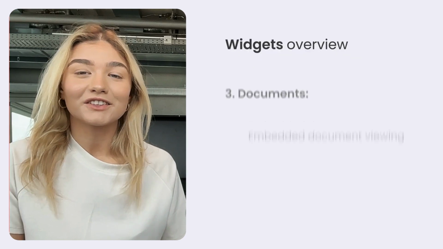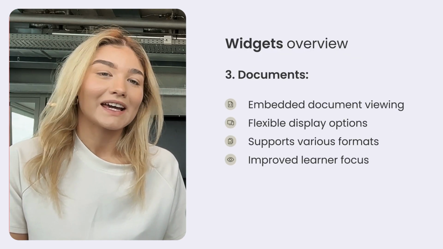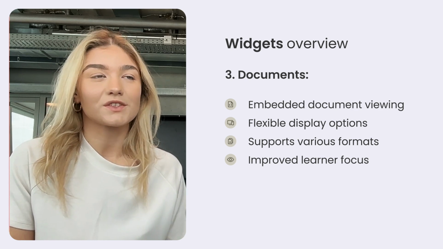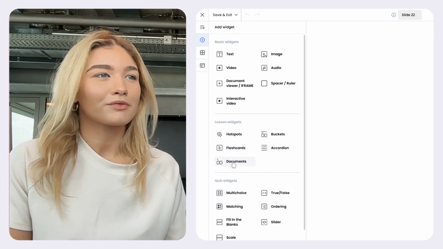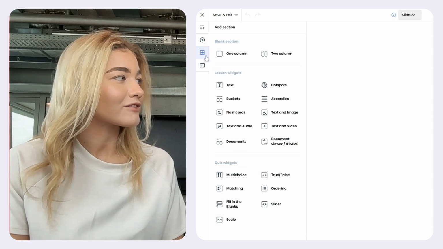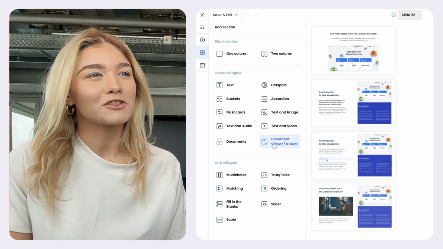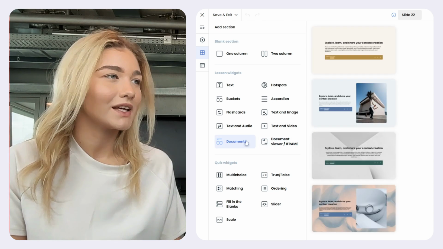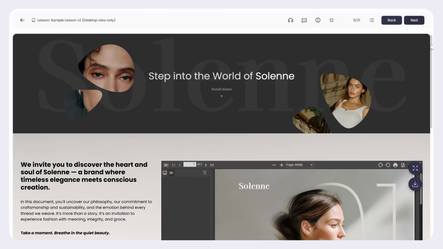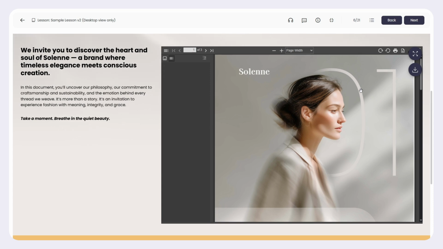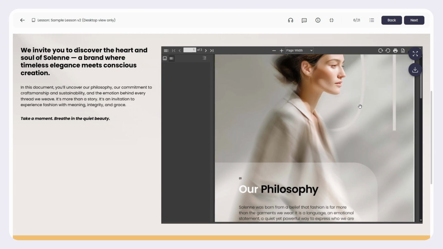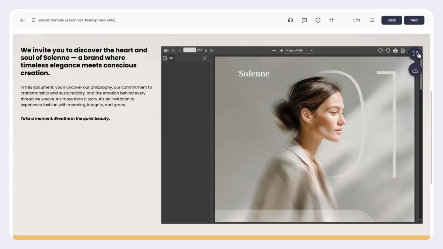Absolutely. Another exciting element of the authoring tool is that you can actually incorporate some documents into your learning process. We are aware that a lot of different courses that you work on have some additional learning content, right? So you really need to get some additional information from different sources. You have some PDFs or some huge videos, and you really want them to be, let's say, prominent during the learning process. So with the authoring tool, you can actually just use either documents or document viewer widgets to really